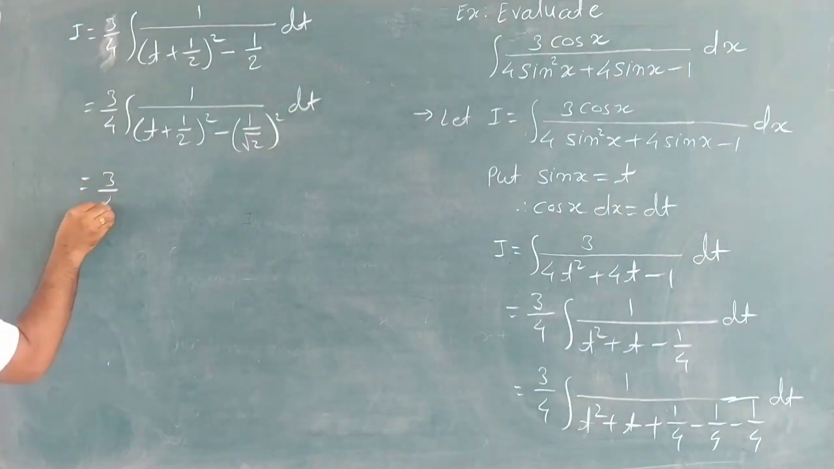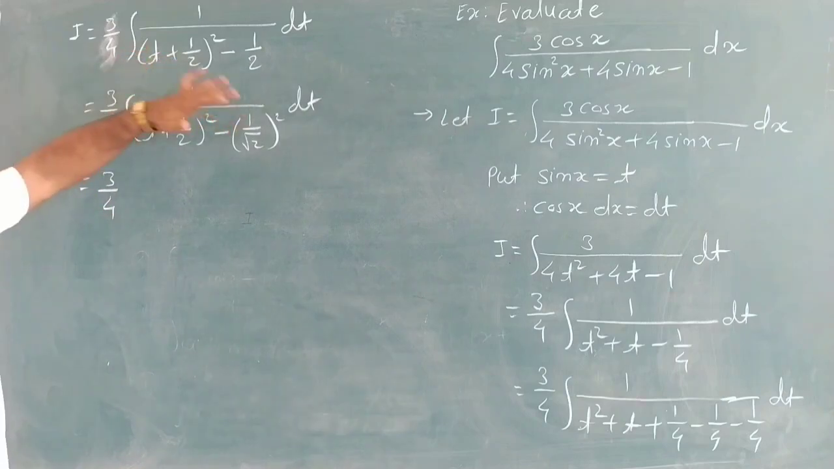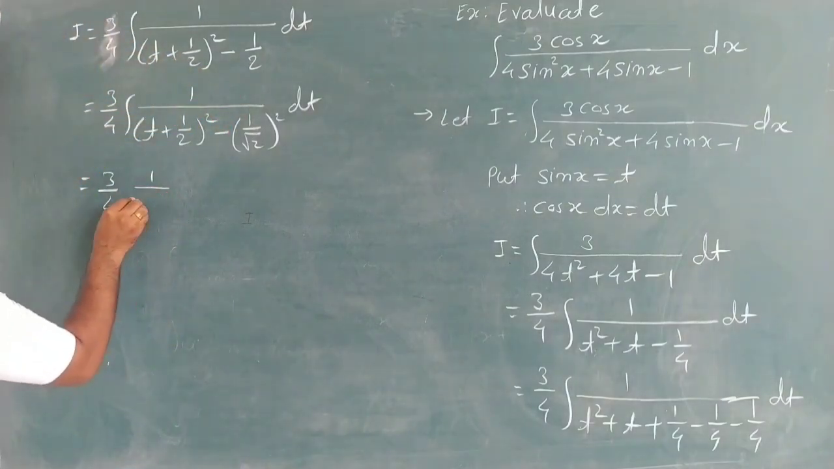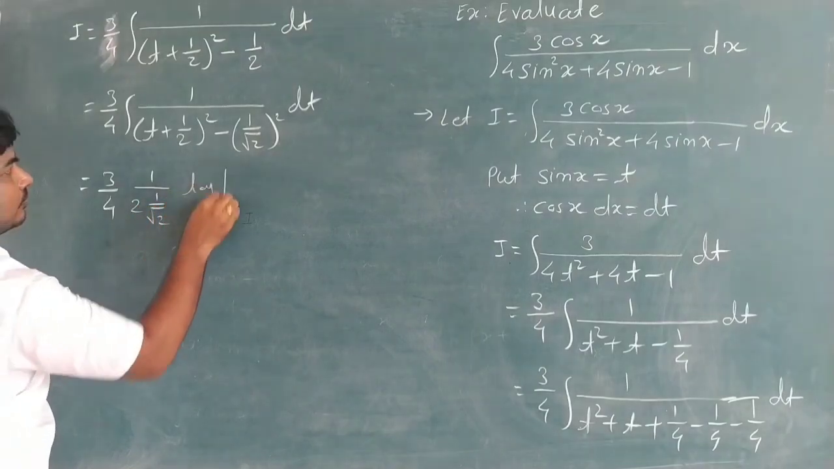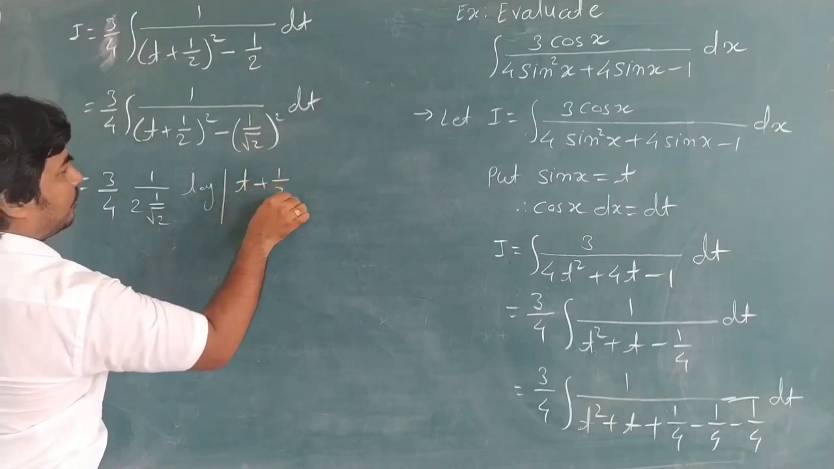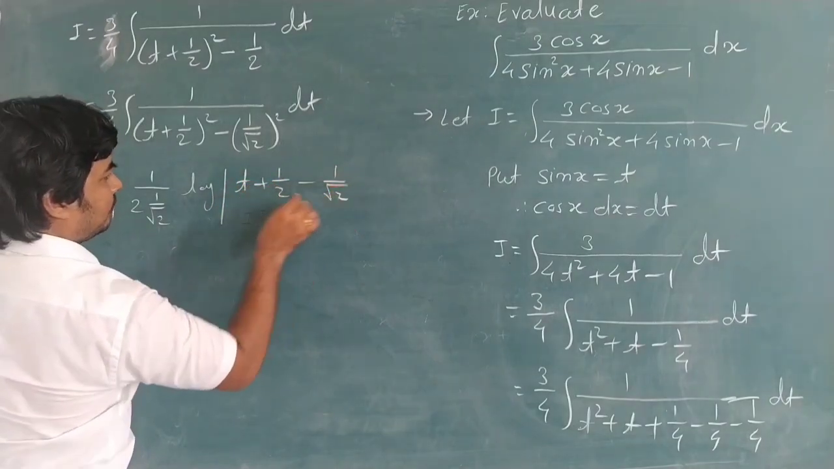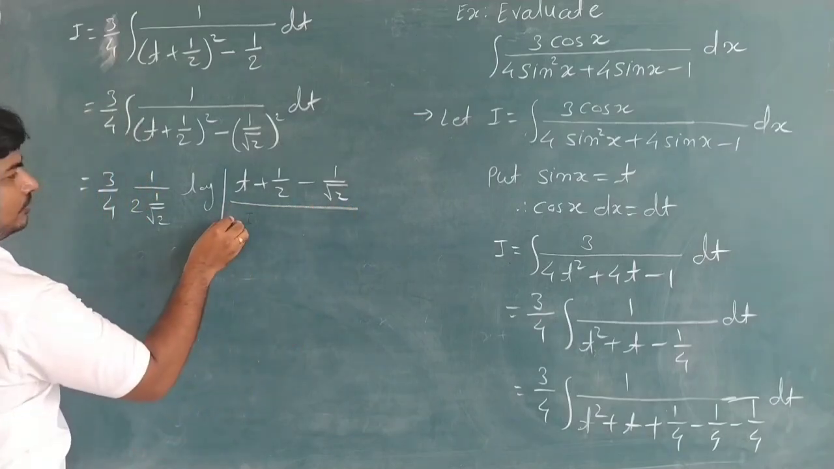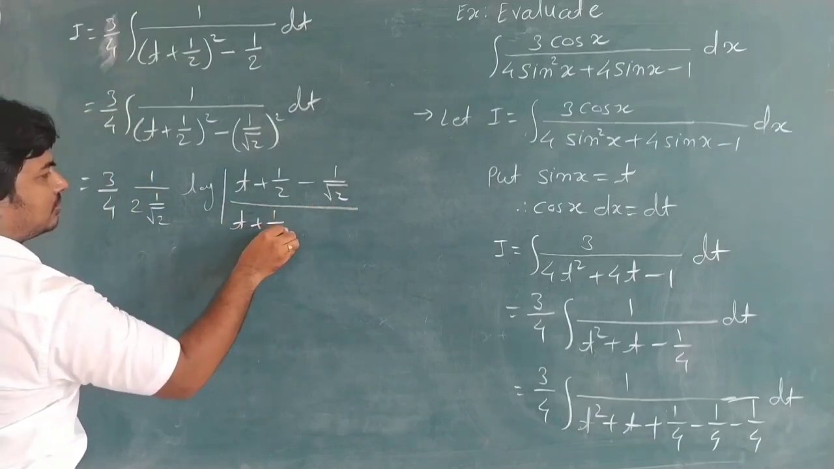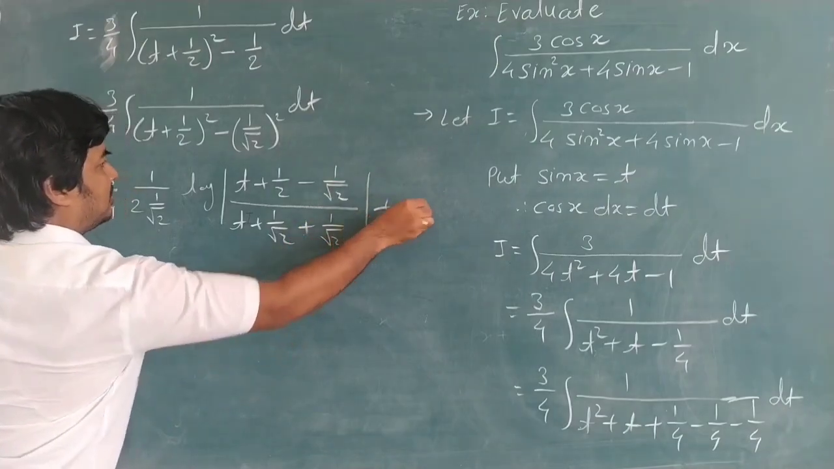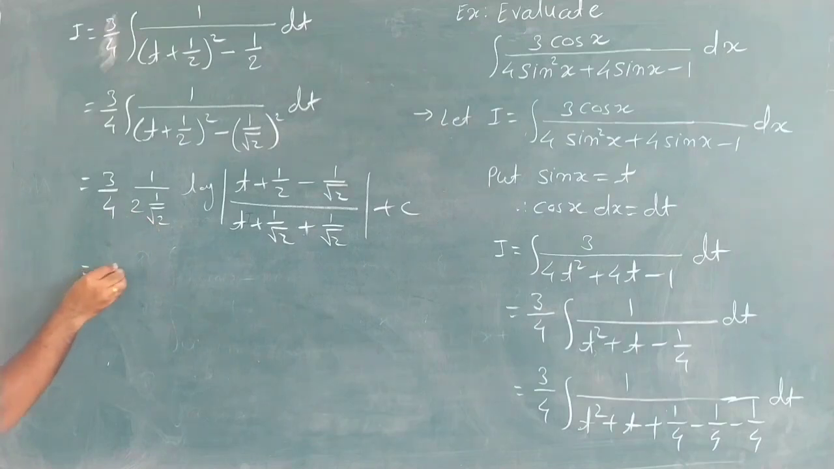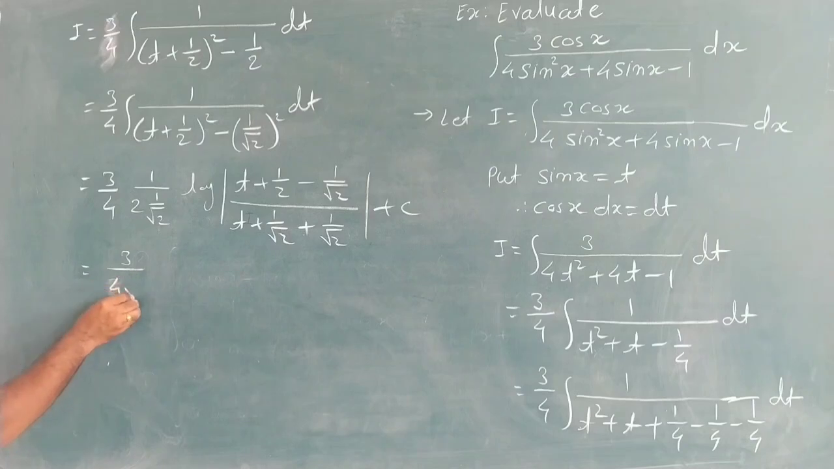And then it is 3 by 4, using the formula 1 upon x square minus a square, it is 1 by 2a log of x minus a upon x plus a plus c. Now here the 2 gets cancelled, there is 3 upon 4 under root 2, and here log of